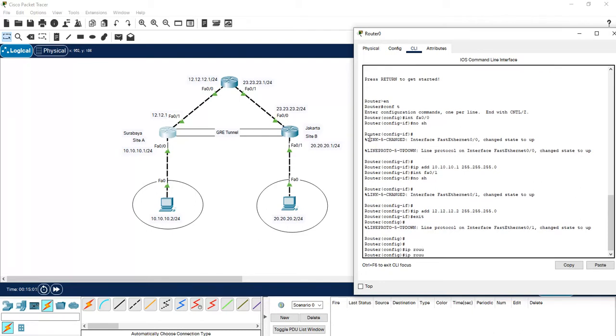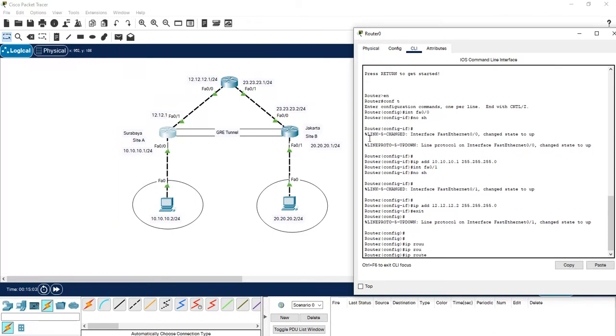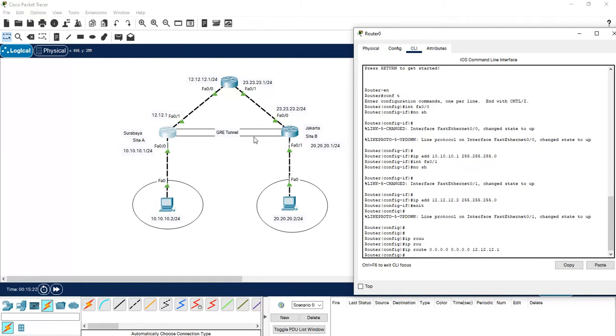IP route 0.0.0.0 0.0.0.0, and the default gateway is 12.12.12.2. This is the gateway for this router. Enter.